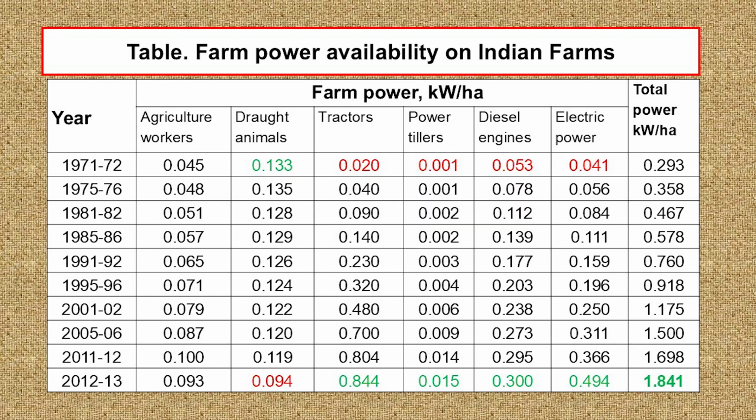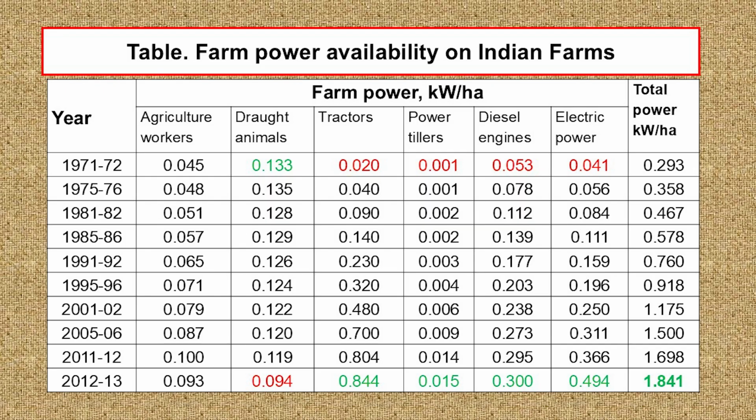Farm power availability is always expressed in terms of energy present per unit area. The unit that we use is kilowatt per hectare. The amount of energy present in an average Indian farm is what we call the total farm power, and it is always expressed in kilowatt per hectare. During 1971-72, the total farm power available in Indian agriculture was 0.293 kilowatt per hectare, out of which 0.045 kilowatt used